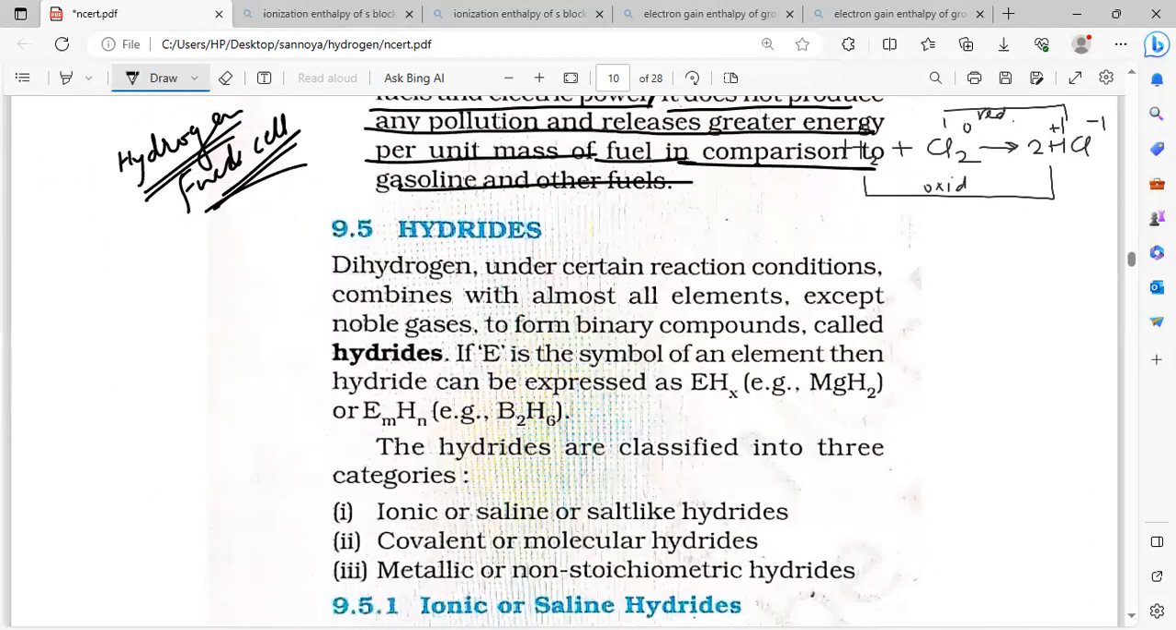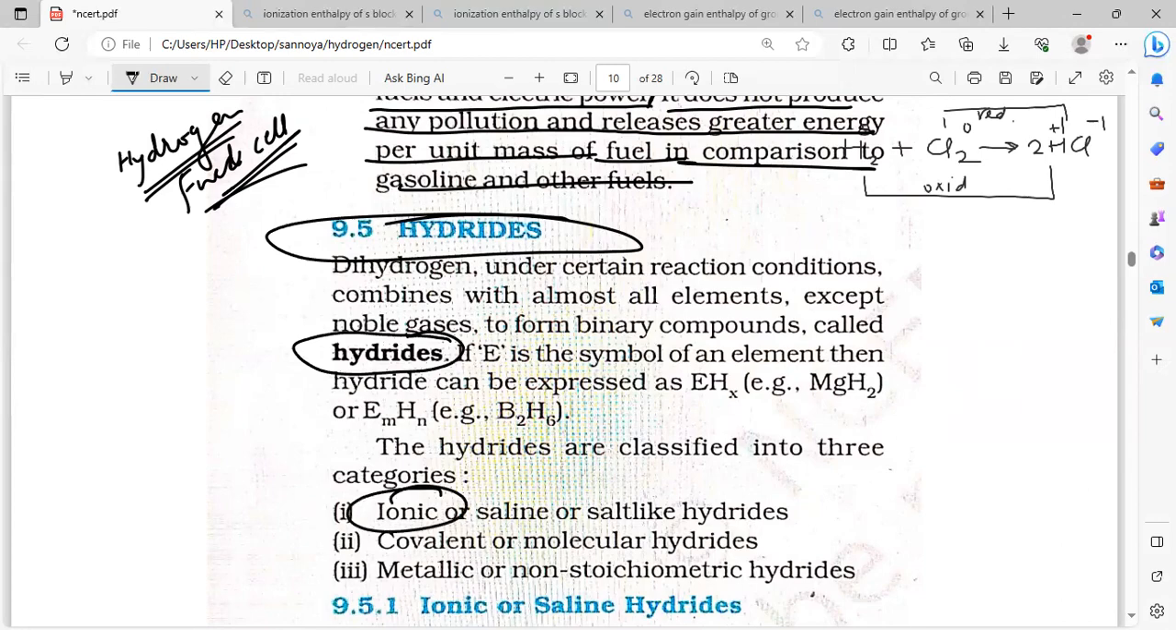Here are the hydrides. These are the hydrides, meaning they react with the metal to form the hydride. But how many types of hydride are found? Ionic, saline, or